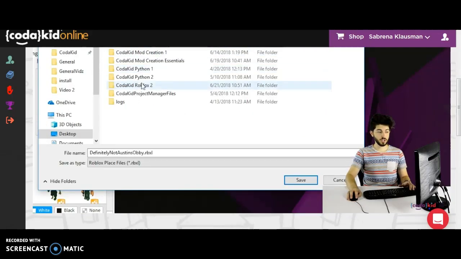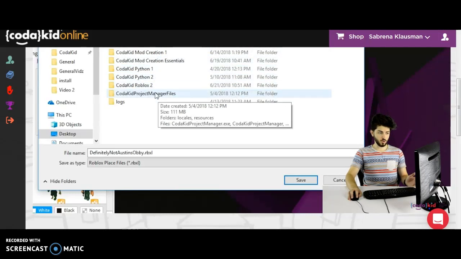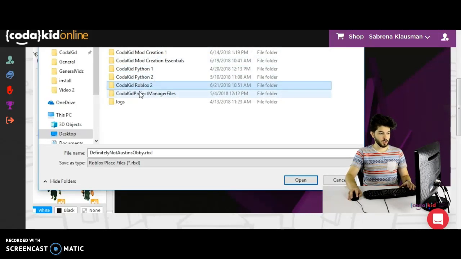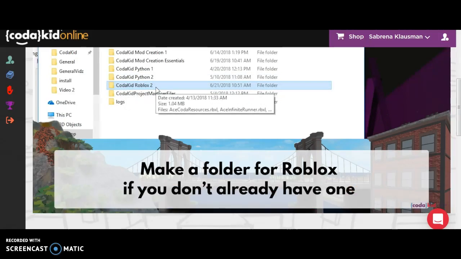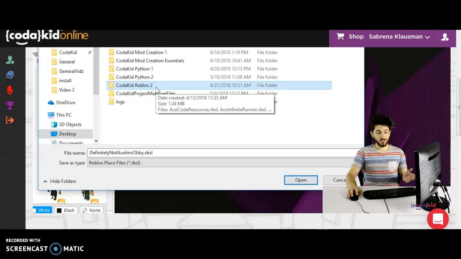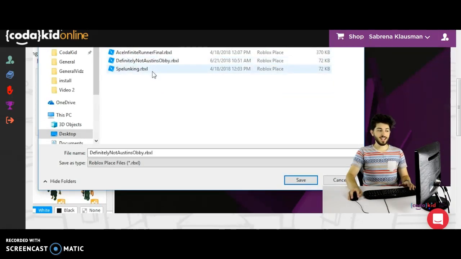And then inside of the CodaKid folder, you should actually have a folder that you made for Roblox. So mine on here is called CodaKid Roblox 2. You might have CodaKid Roblox 1, or really, you can call the folder whatever you want. As long as you know what folder you're going into, that's really all that matters. So I'm going to go into my CodaKid Roblox 2 folder,